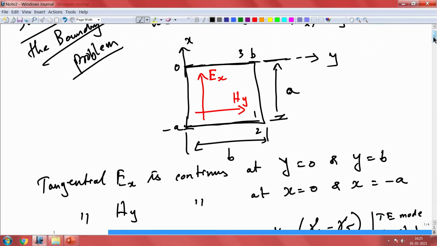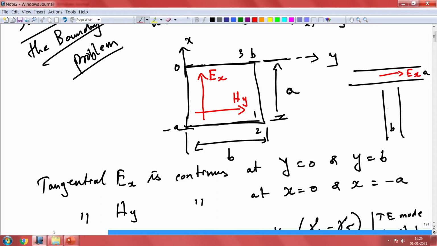Similarly, y dependency of a mode can be treated by considering the waveguide as a slab with infinite x direction. So, we are just converting this two dimensional structure, with confinement in both x and y, into two slab structures. So, we had a slab like this and we had a slab like that. So, this was A and this was B. Okay. So, we had this Ex in this direction telling you that it's like a TE mode with thickness A,